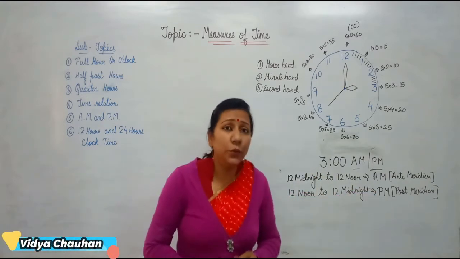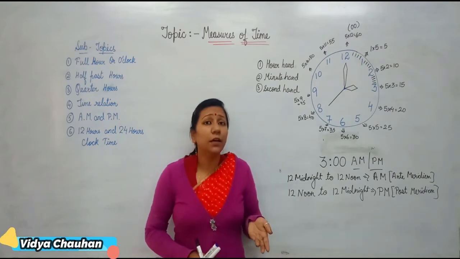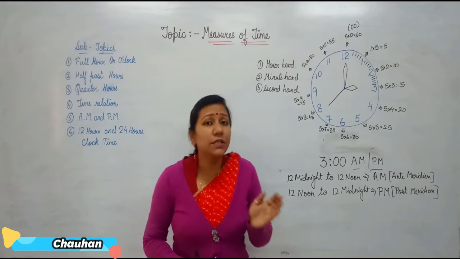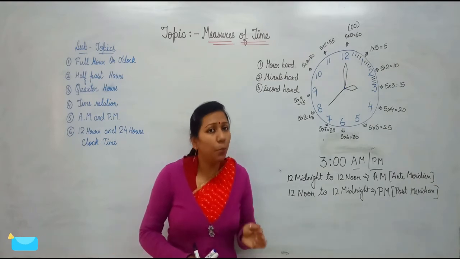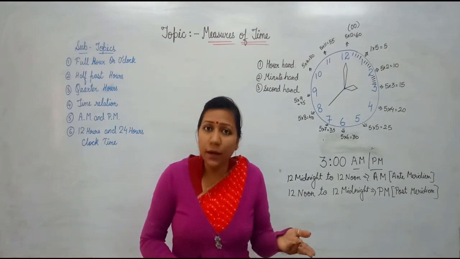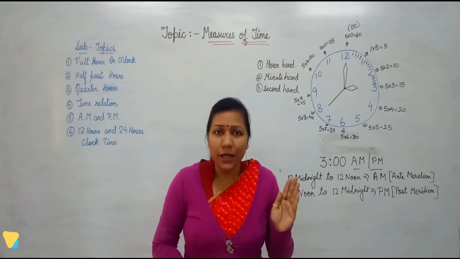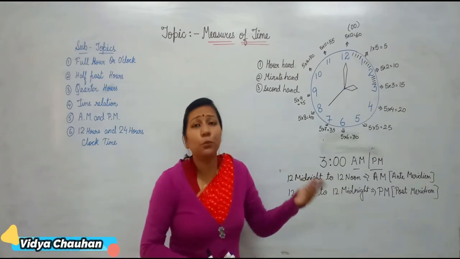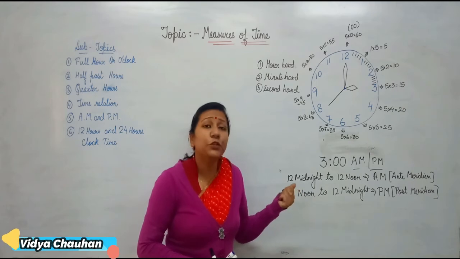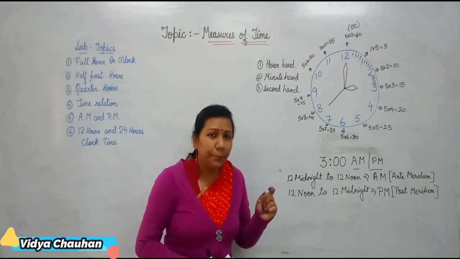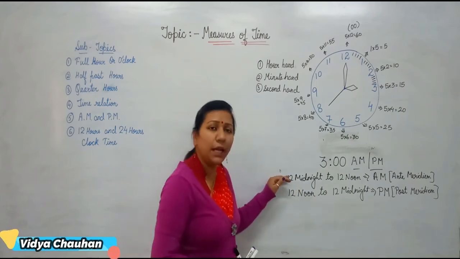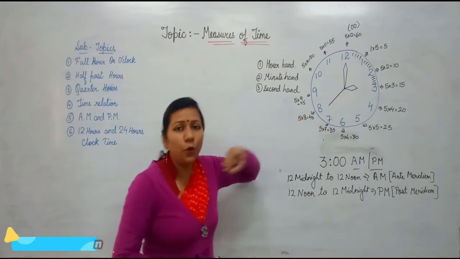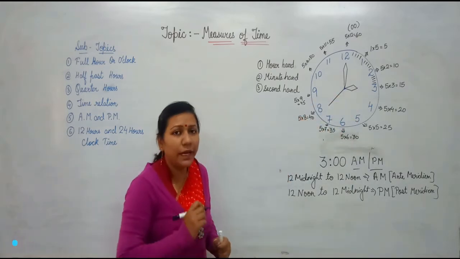So that's why whenever we are saying that what time you wake up, so it is 7 AM or 6 AM, because this is the time when you wake up in the morning. What time you take dinner? So the dinner you take at night, and just because it is the time between 12 noon to 12 midnight, that means suppose you are taking your dinner at 9, so that will become 9 PM. Clear, students? So this is how you put AM and PM. And this is the concept of a clock, that how we watch time and how we write time.